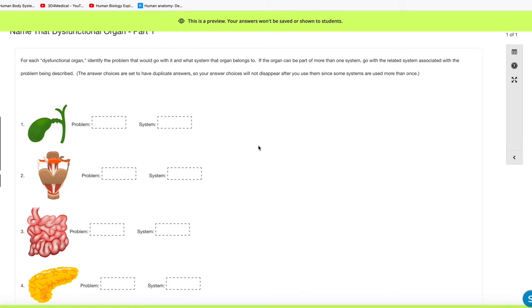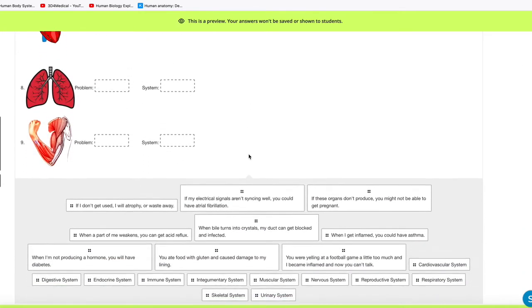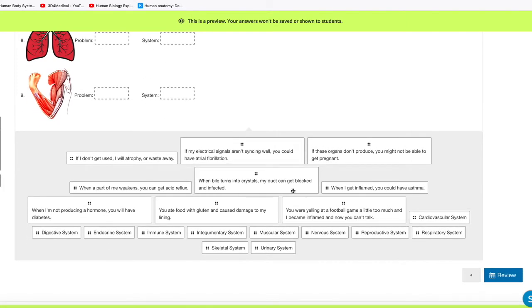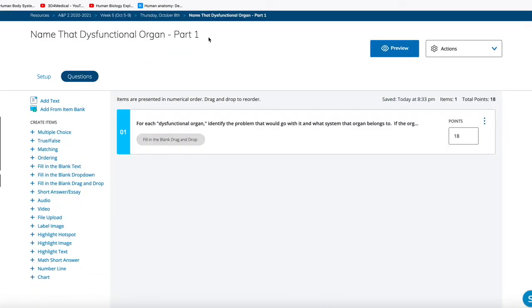One thing I do want to point out is that some of the systems will be used more than once potentially. So I've set it up so that the answers down here, once you've used an answer, it's not going to disappear. It's going to stay down here. So don't let that throw you off. Okay, so you'll do part 1, and then